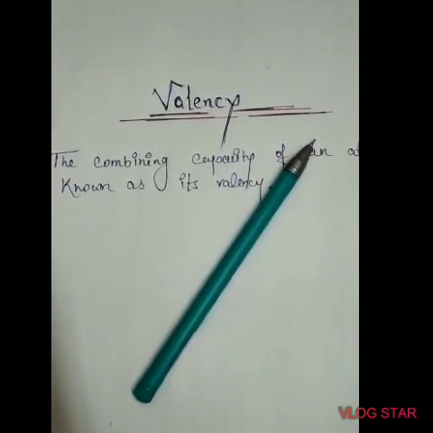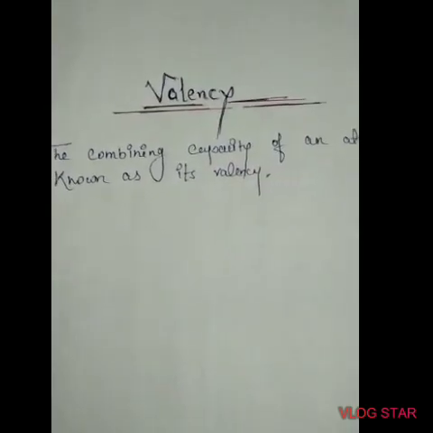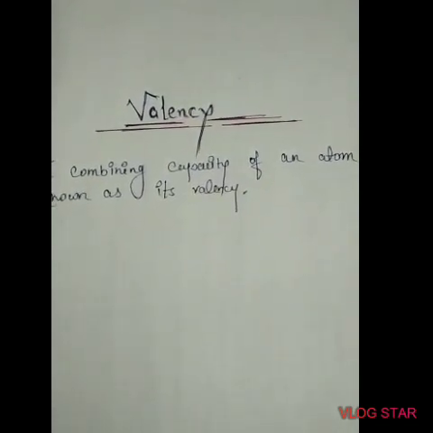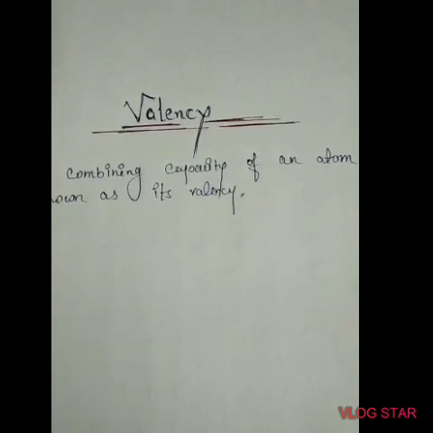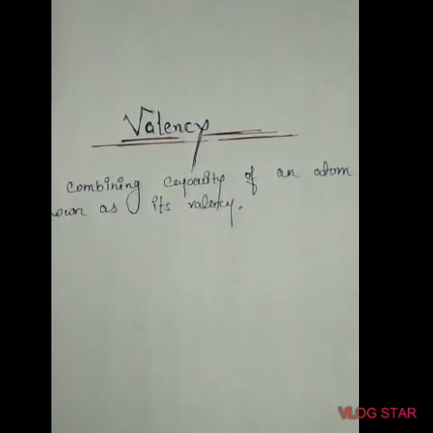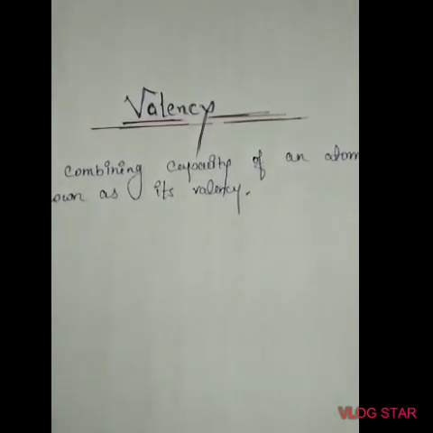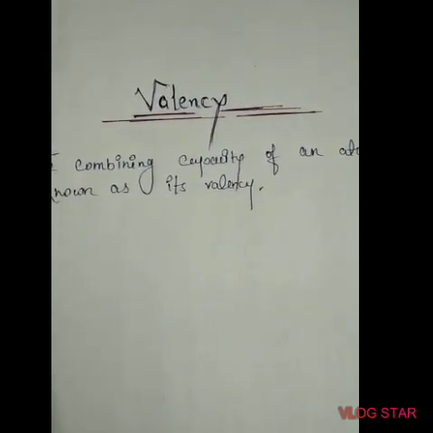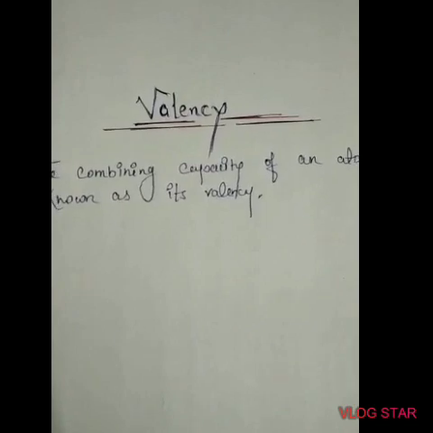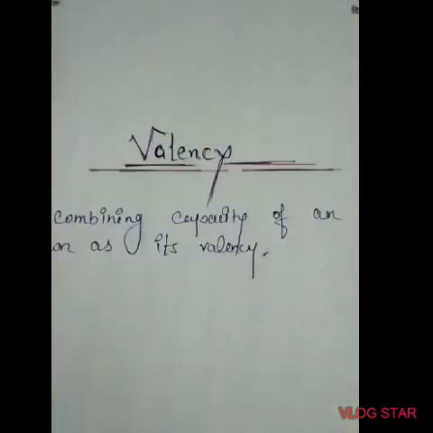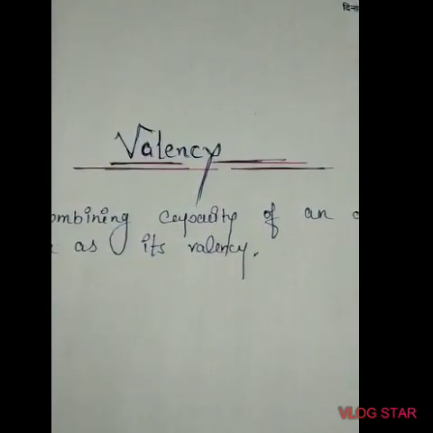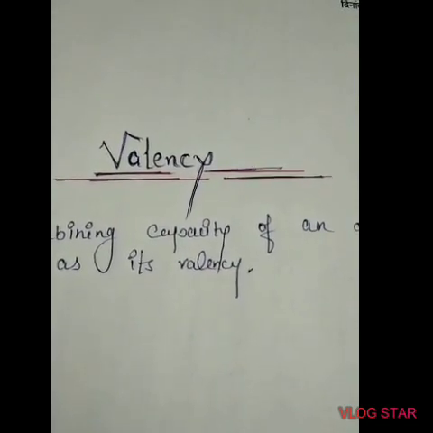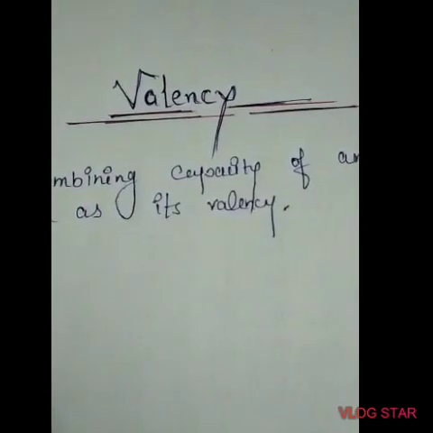In this video, we will be discussing valency. Before moving towards finding the valency of an atom, you must know the Bohr-Bury rules. We have discussed the Bohr-Bury rules. According to the first rule, the maximum number of electrons present in a shell is given by 2n square.